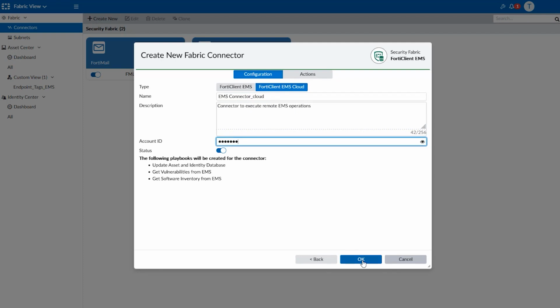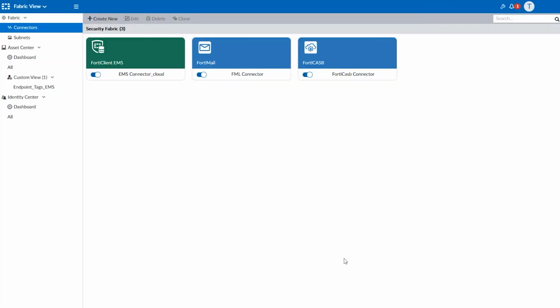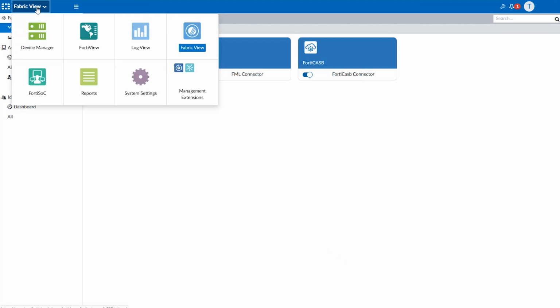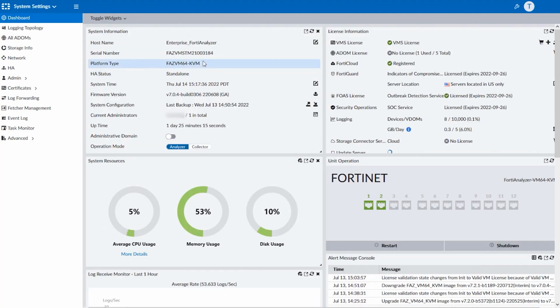Note that in older versions of FortiAnalyzer, the user may have to input their username and password instead of the account ID. After configuration, the connector health check sends out an authentication request for this account ID. To authenticate, first go up to System Settings and make note of the FortiAnalyzer serial number, so we know which FortiAnalyzer to authenticate. Now we'll move over to FortiClient Cloud,